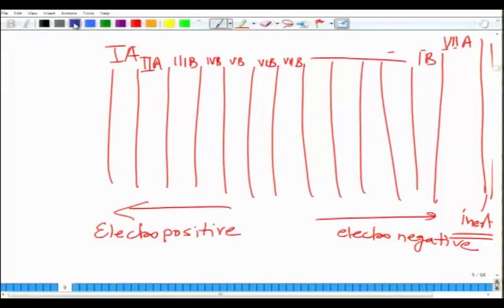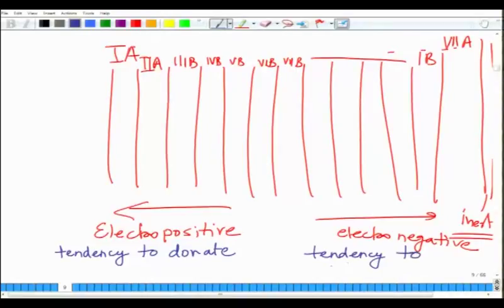electronegative. And what is this specific thing about electropositive elements? Electropositive elements are the elements which have a tendency to donate or give away their extra electrons, the extra electrons lying in an incomplete shell. And these electronegative elements have a tendency to accept. So things like sodium, potassium, magnesium, calcium, all these elements on this side are electropositive, they tend to